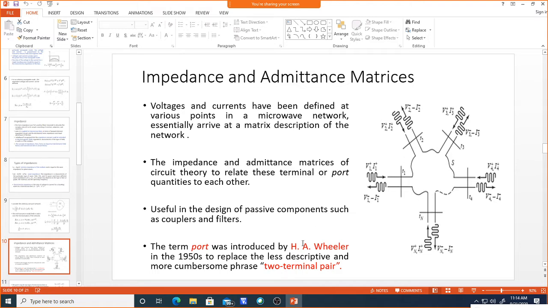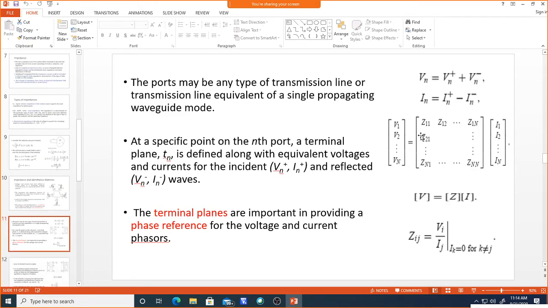The port concept was introduced by the scientist Wheeler. The term "two terminal pair" is less descriptive, so instead of saying it all the time, we can directly describe it as a port. In a particular port you can define any parameter of the incident wave or reflected wave, their phase, and also the impedance we can obtain from this microwave network. Now, coming to the port, how we can define the